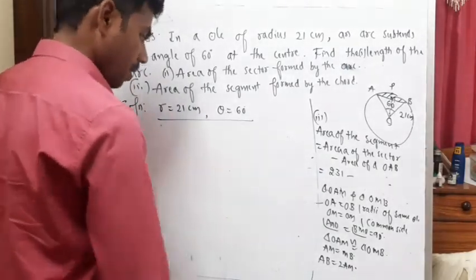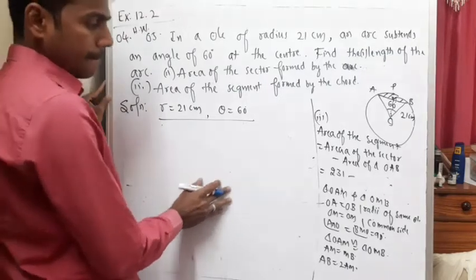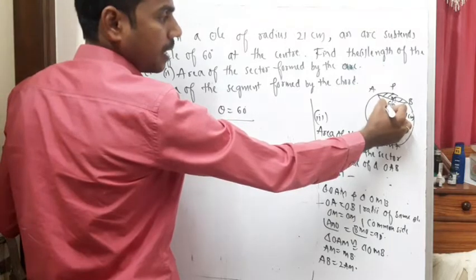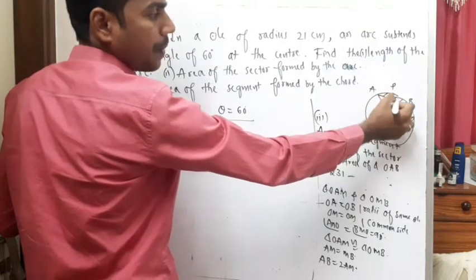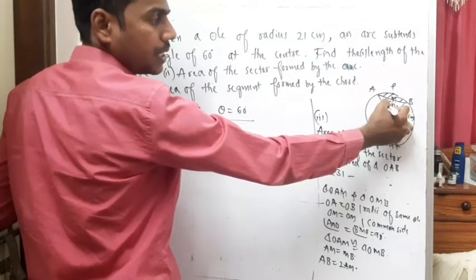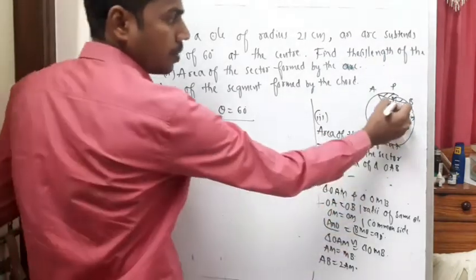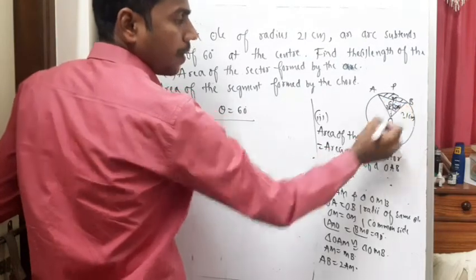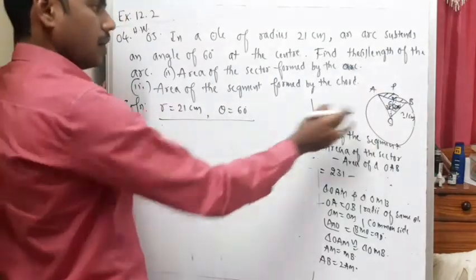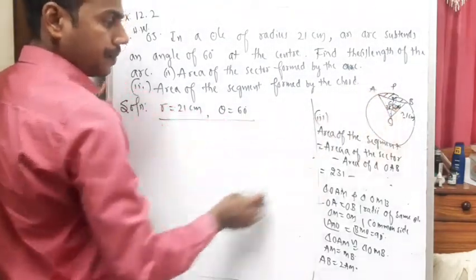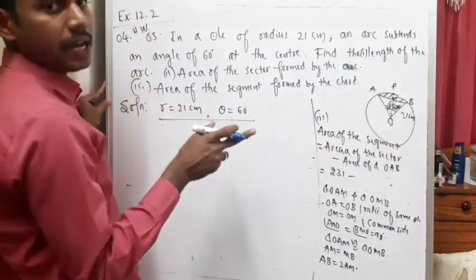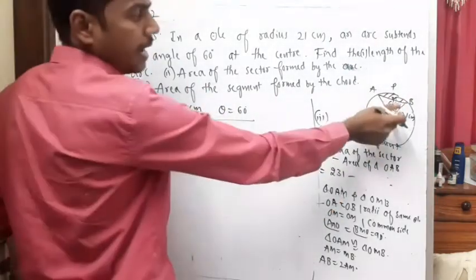Now see, if I divide this, this will be 30 degree. If I draw a perpendicular from this vertex, it is going to bisect this particular angle, so this will be 30 degree and this will be 30 degree. Then, area of a triangle is equal to half into base into height. I need a height, I need OM.